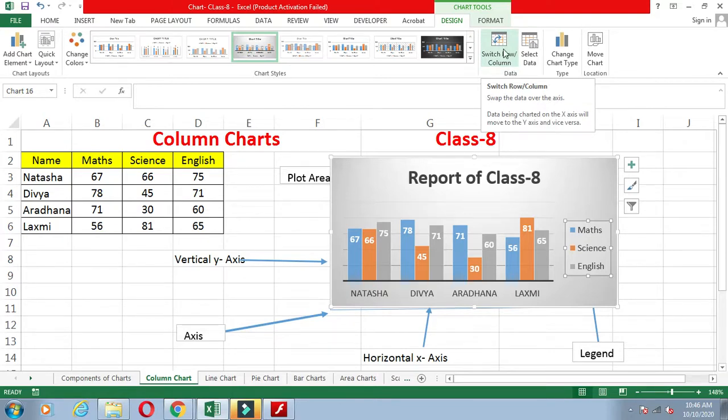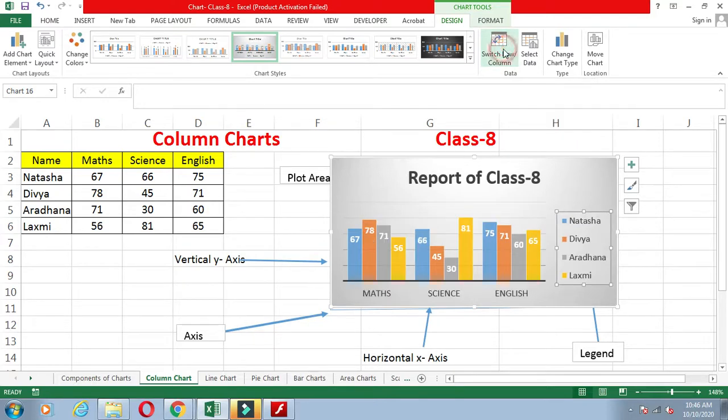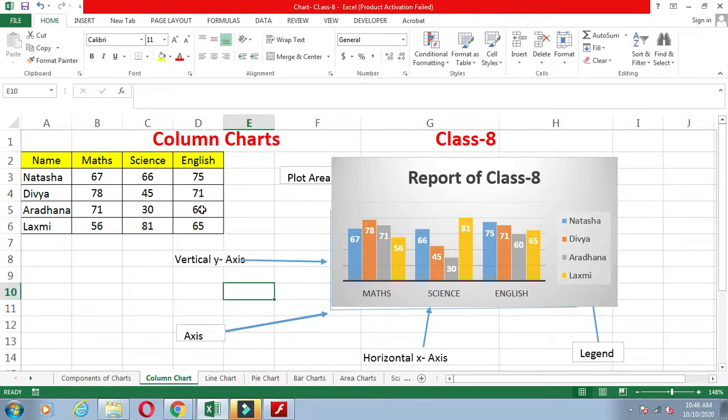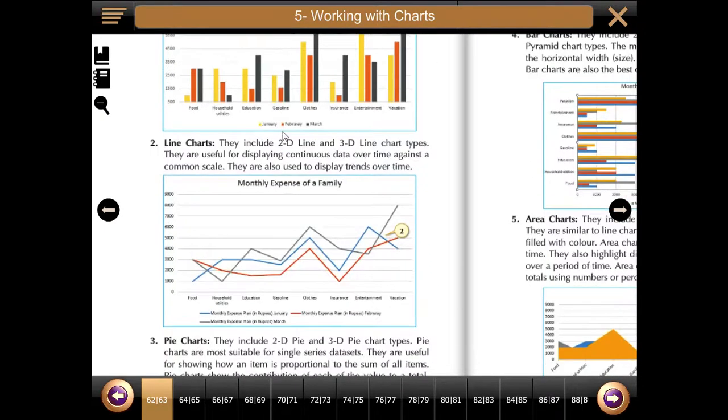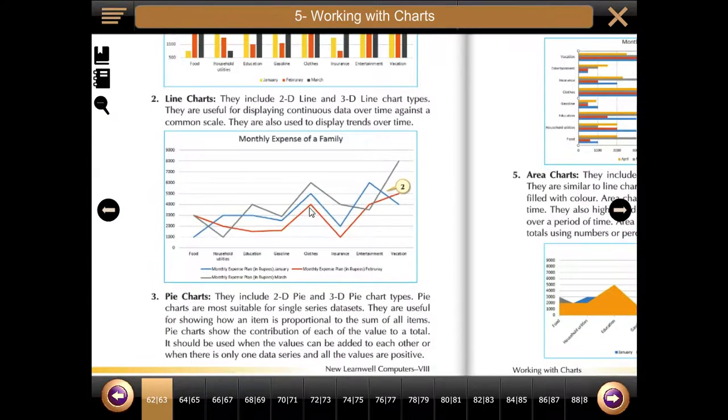Now the next type is what? The next type is the line chart. It also includes 2D line and 3D line. The sub charts are the 2D line and 3D line chart. They are very useful for displaying continuous data. Have you seen the matches? In the matches, the run rate is shown by using the line chart, because this chart displays the trends